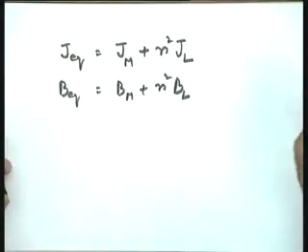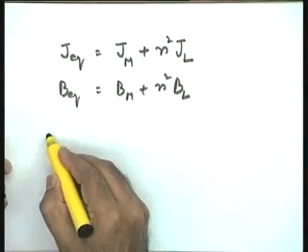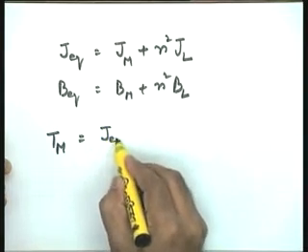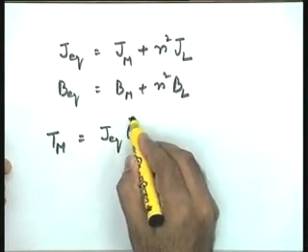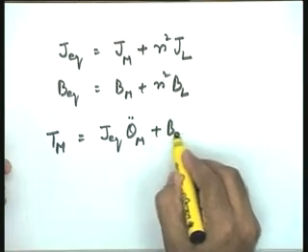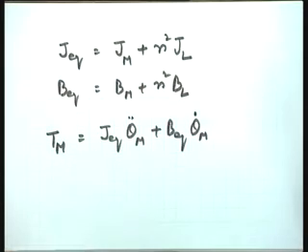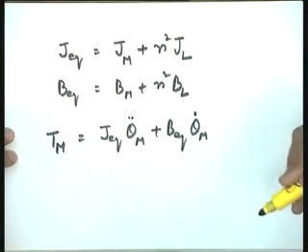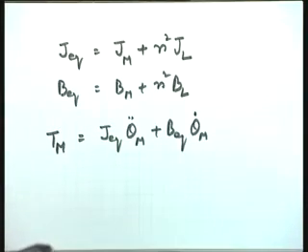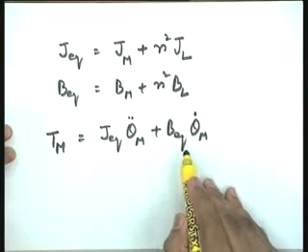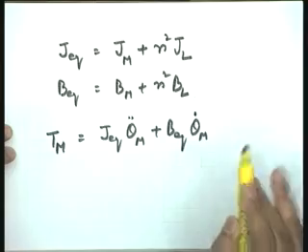And the motor equation can then be written: the torque developed by the motor is equal to the inertial torque J equivalent theta m double dot plus B equivalent theta m dot. Now, you see that theta L is not appearing in the equation at all. If you want to get the value of theta L, then naturally theta m and theta L are related by the gear ratio. So, from theta m you can go to theta L, but as far as the basic equation is concerned, it is available in terms of theta m, which is the displacement of the motor shaft.